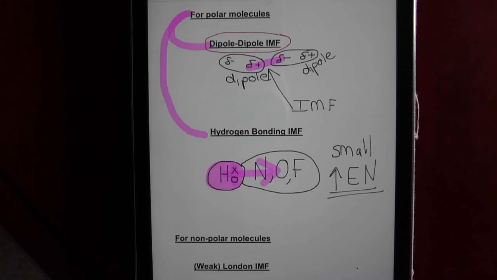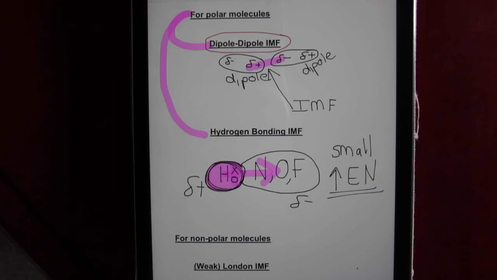So when that electron is pulled over and forms a dipole with an N, O or F atom, that hydrogen is left with no electrons, and you'll see some textbooks even call it a naked proton that is left there. So this delta positive is still a delta positive. This delta negative is still a delta negative because it's still a dipole, but these delta negatives and delta positives